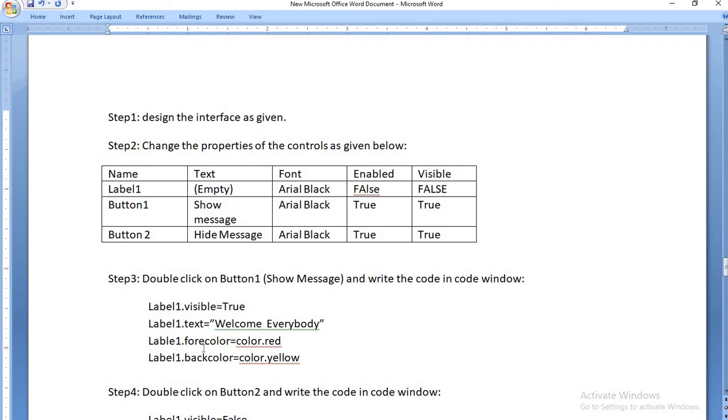After that you will change this foreground color, means the text color. So how can you change? Label 1 dot fore color is the property name and this is the color dot red. And background color, as the question is saying background color should be yellow, then the label 1 back color and it should be yellow. You have changed the properties, and after that